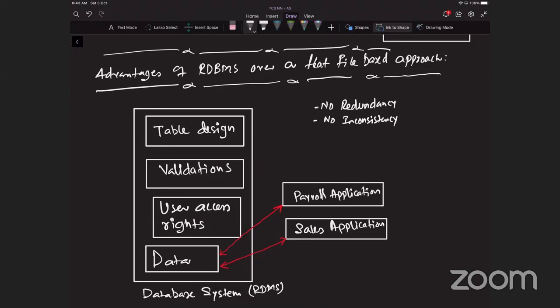Inquiries available are not dependent on the structure of the data, so data is now not dependent, but it is independent, and any application can access it. So data is independent.